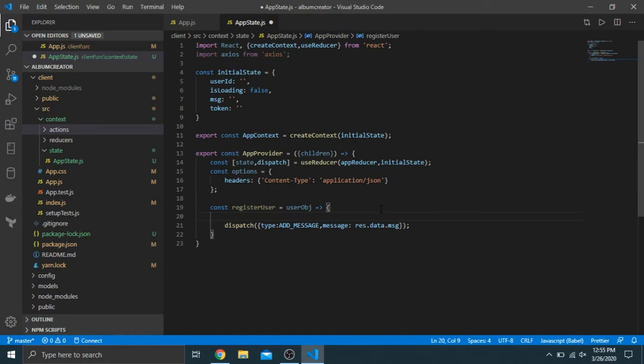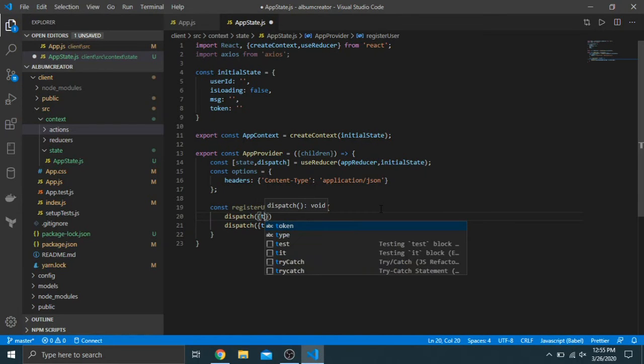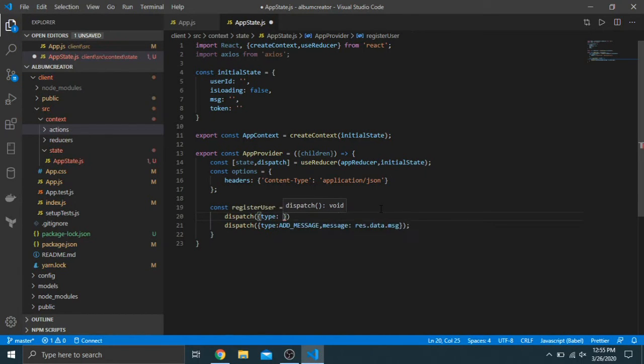And so now we want to, and actually I kind of put this first, I was supposed to actually make another dispatch. So each time we make another request to the backend, you want to clear the messages, obviously. So I made something called clear message for that. Like that. And then right after that, we just simply want to do the Axios request. So we can do